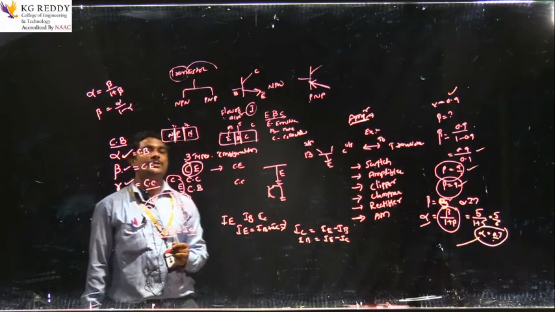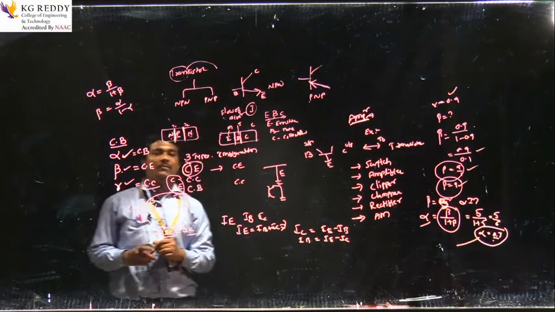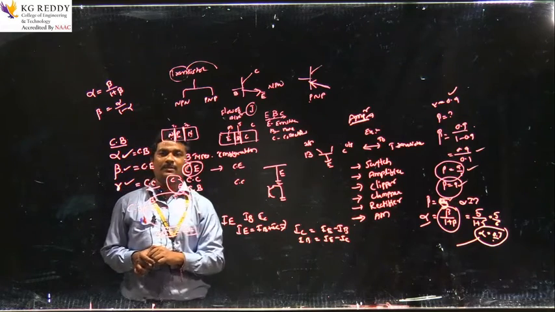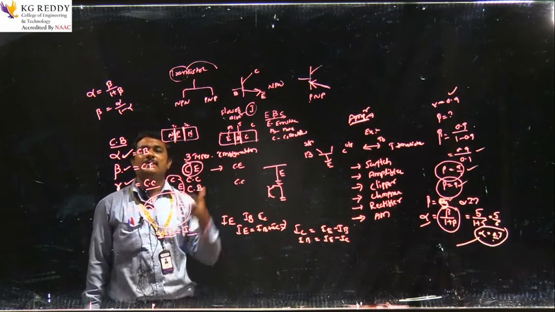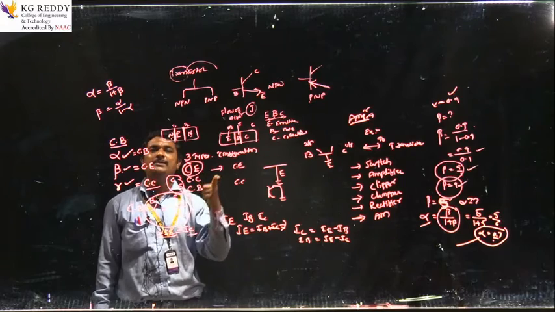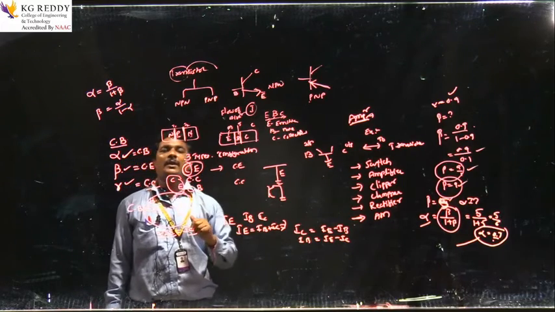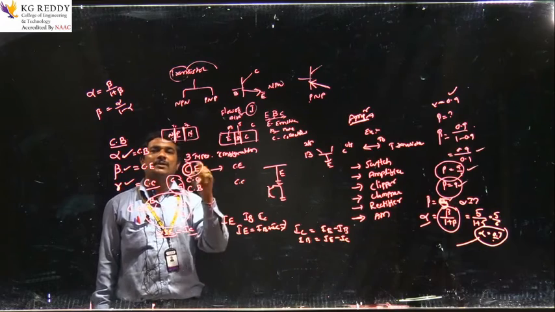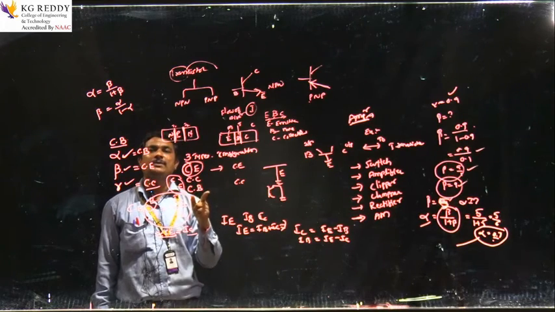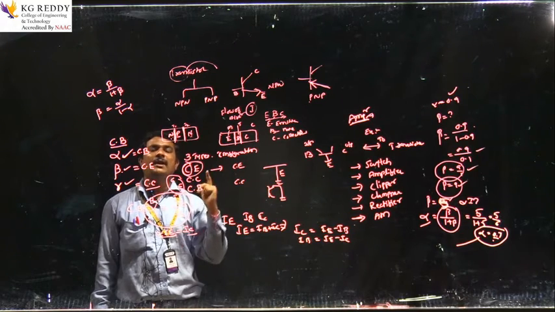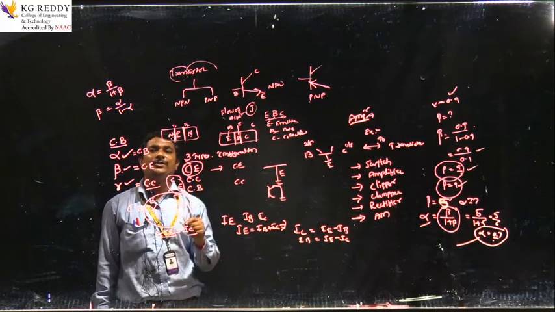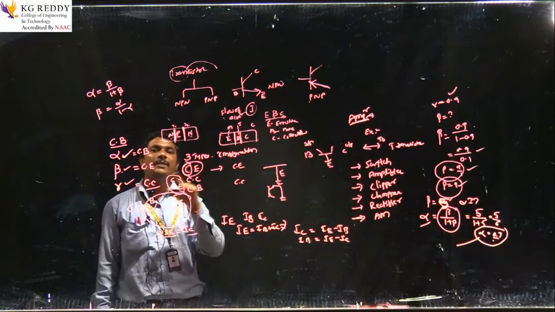I will ask questions here. What are the terminals of a transistor? Emitter, base, collector. Again, the transistor terminals are: A, emitter; B, collector; C, base; and D, gate. Which one is correct? Both A, B, C is correct.